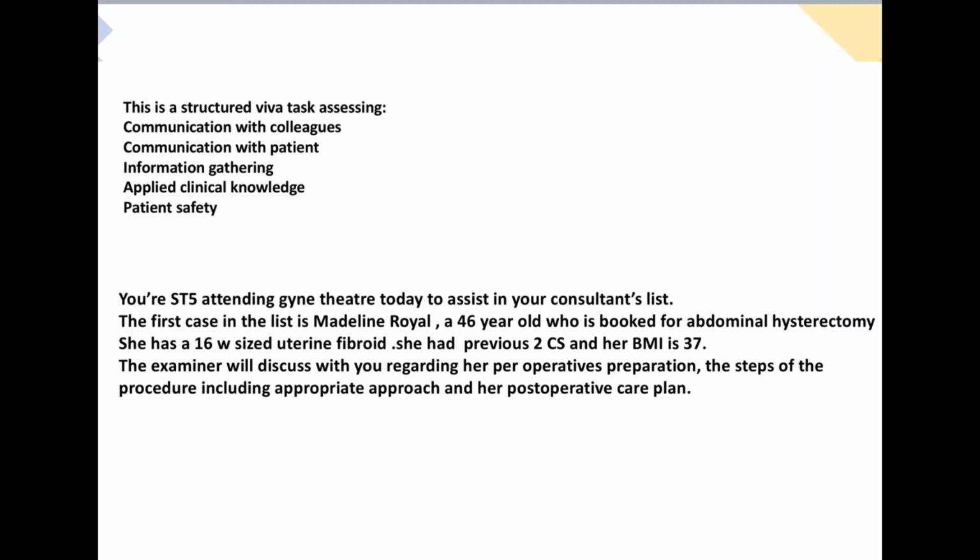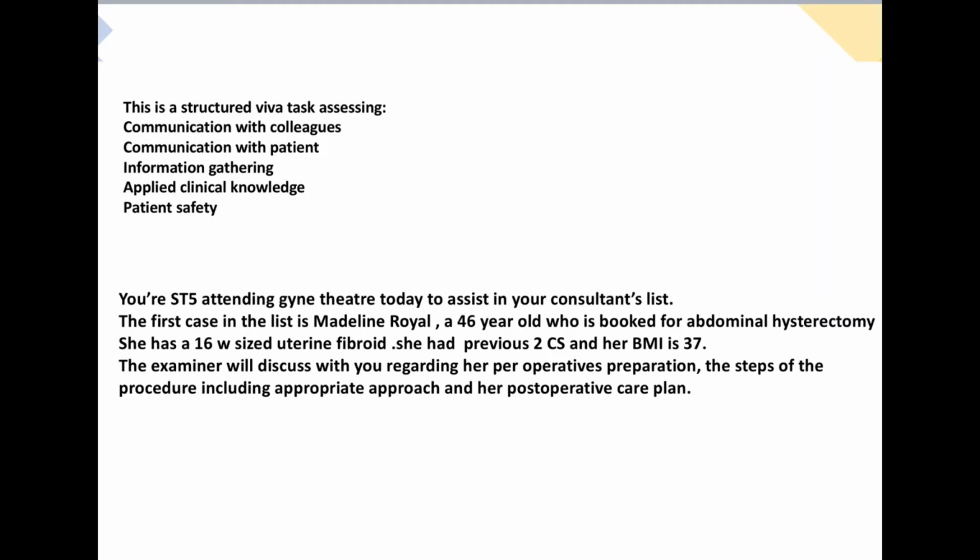So any patient in the list, we need to take the history. So first of all, I'll go and take the history from the patient and confirm what is her main complaint, just to confirm that the indication of the surgery is still present. And then I'll go ahead with the analysis of her complaint, whether she is having bleeding, pain, pressure symptoms. So whatever symptoms she's having, I need to ask how these symptoms affect her life